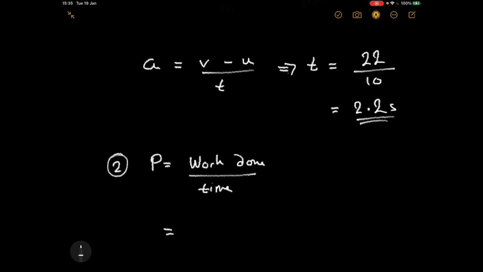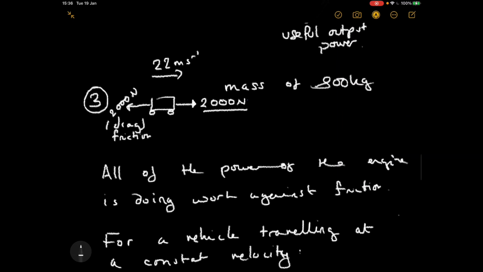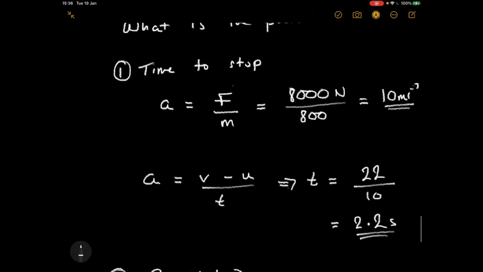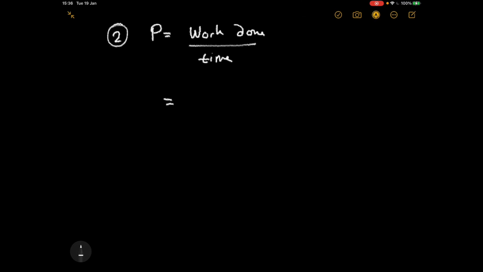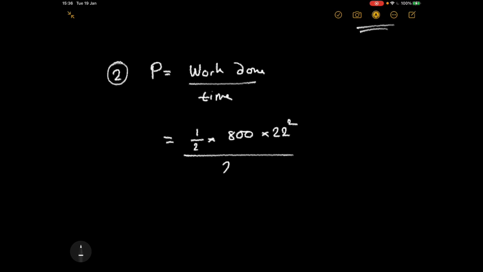Our work this time is in removing the kinetic energy. So the work in this case is a half times m times v squared, so it's half times mass times velocity squared. So we get a half times 800 times 22 squared, all over this time, 2.2 seconds, and multiplying that through,